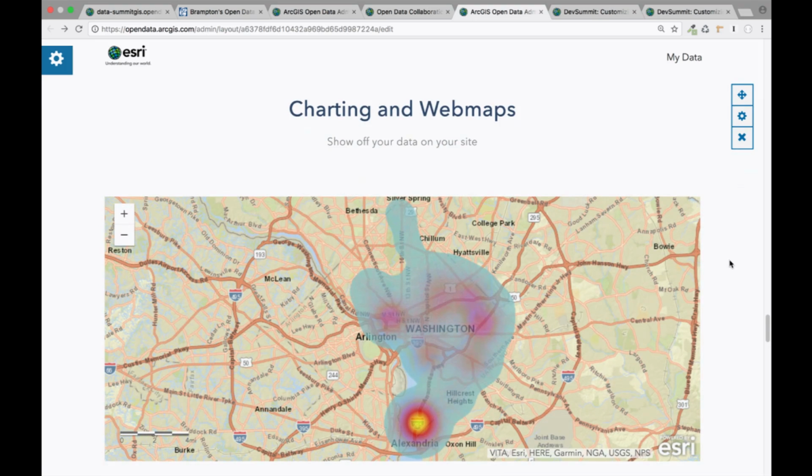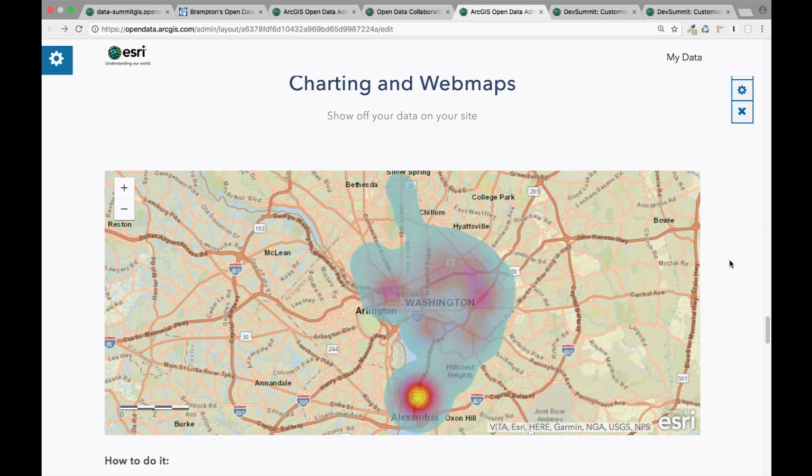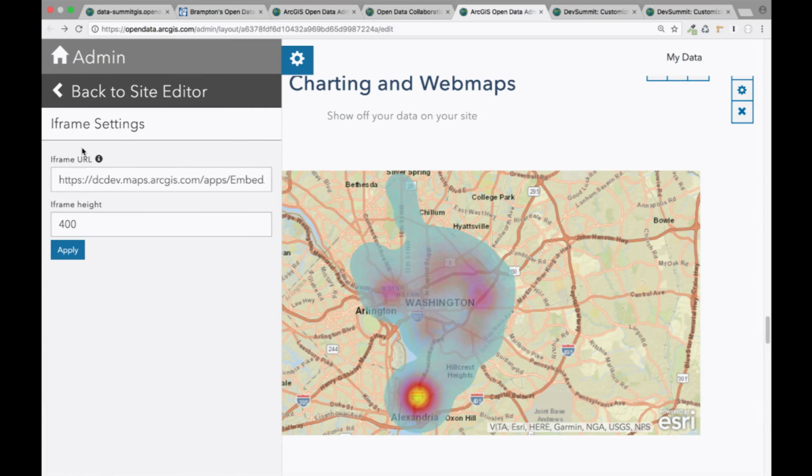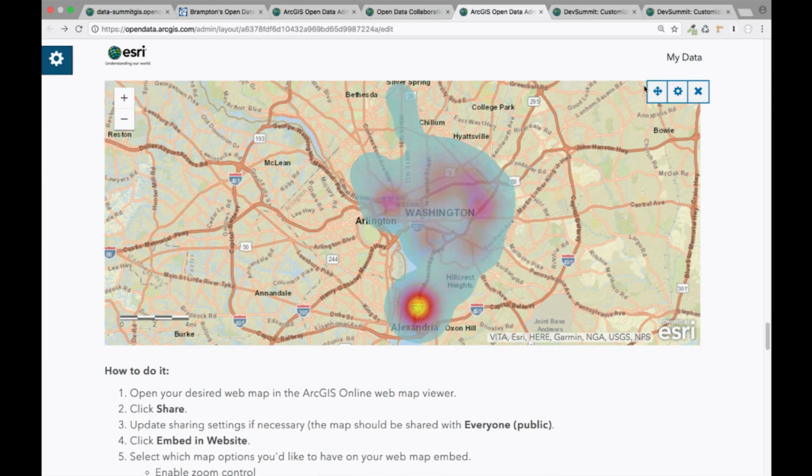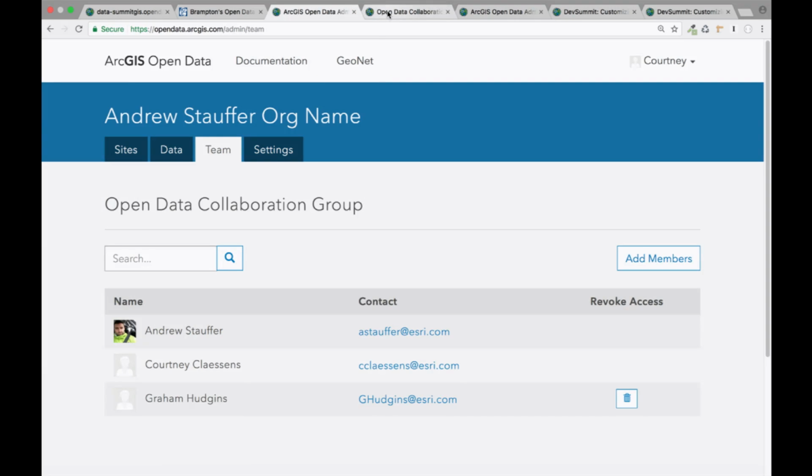So for charting and web maps, we do not currently have a web map card. We have an iframe card that we can use to pull web maps onto your site. So this is a simple iframe, and we have a link to the web map. You can set your iframe height, you hit apply. So how to do this, I'm going to go to my